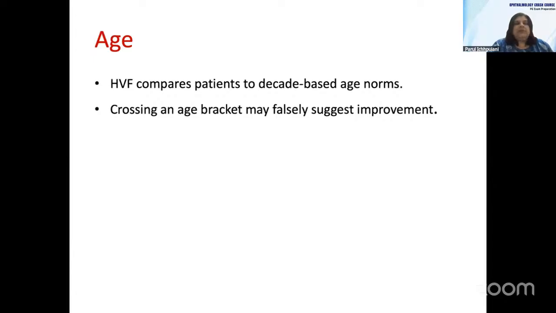Remember that perimetry compares patients to decade-based age norms. So crossing an age bracket may sometimes falsely suggest improvement. Somebody who was 59 years of age was showing a certain amount of damage, and the moment they turn 60 or 61, it may appear that there is a false improvement in the test. So always look at the end and beginning of age brackets very closely to see if there is any fallacious